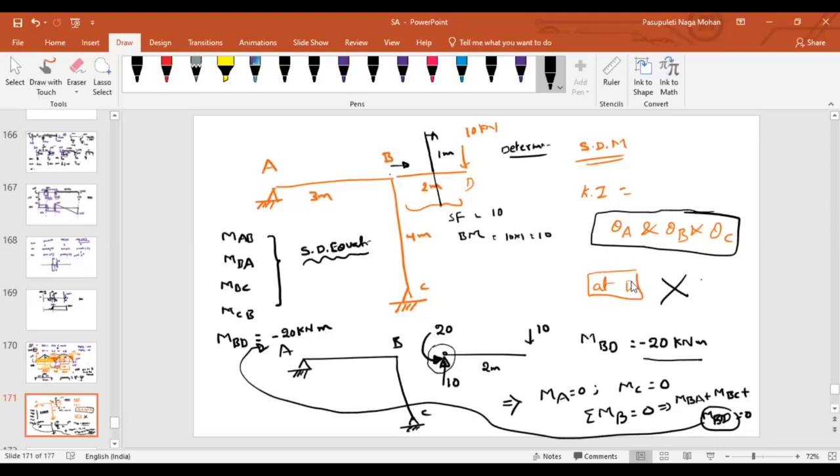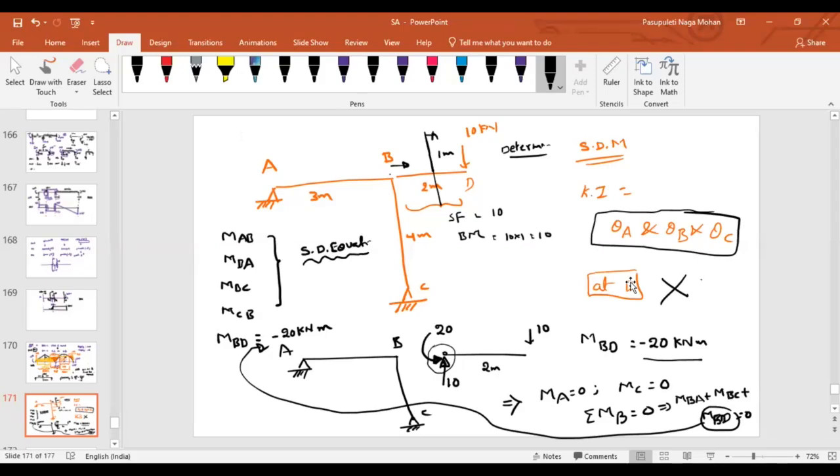Now can you solve this problem? Is this problem okay, or any other doubt? We will try, sir. At least one point you have to understand is that BD is an overhanging part. You should not consider the unknowns there. Why? Because BD becomes a determinate part. We can find the moment at B towards D directly, which we got as 20. So wherever there is a determinate portion, there is no need to consider the